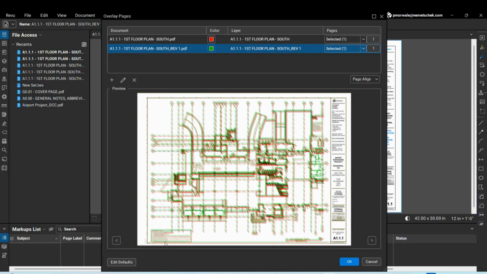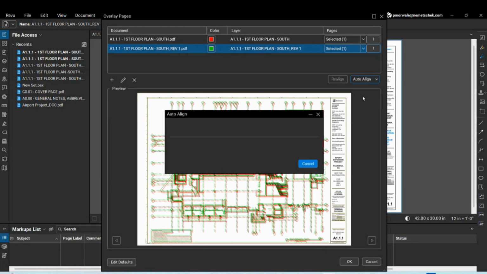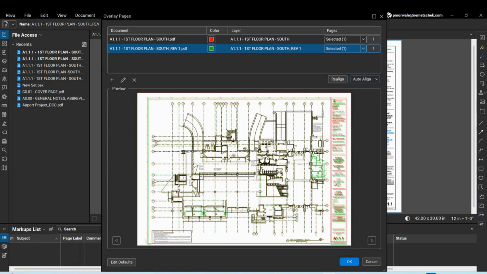And now over here, you can see there is a slight mismatch of the main drawing. So that's why it is showing as completely unmatched kind of drawing over here. So instead of page align option, you should select auto align, which is an AI feature, which matches the major portion of your drawing, and wherever there is a change, it will show you. So you can see in the revision 1, this particular room layout has been detailed out, or there are some changes which happened over here. So once you say OK,